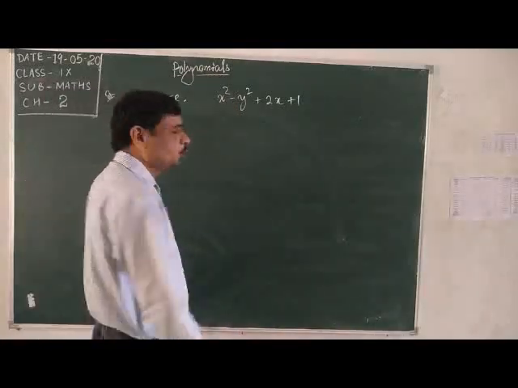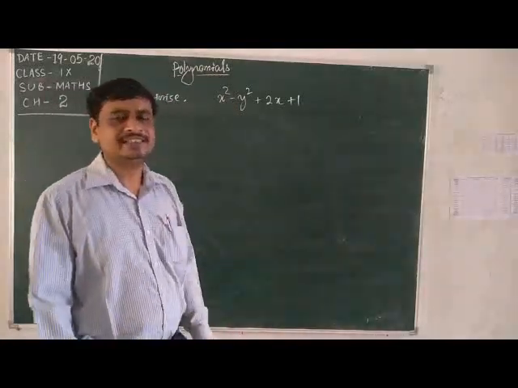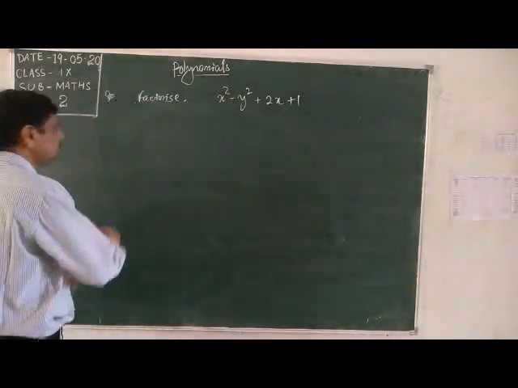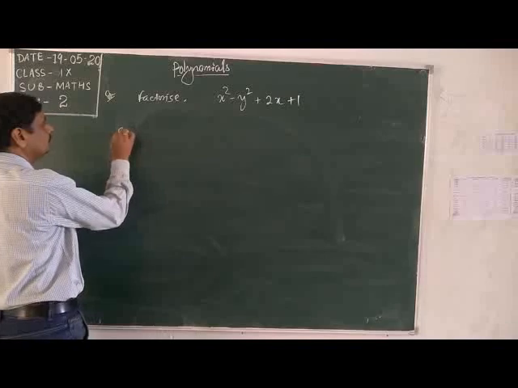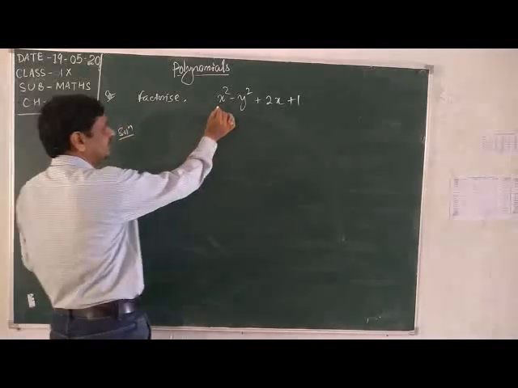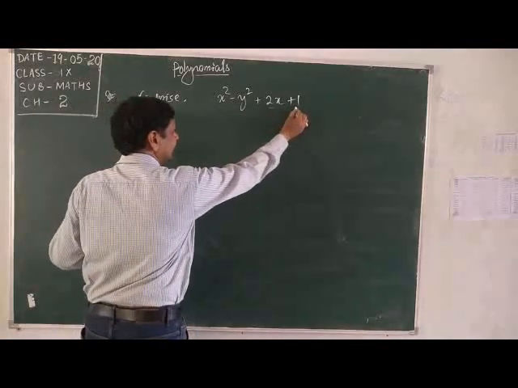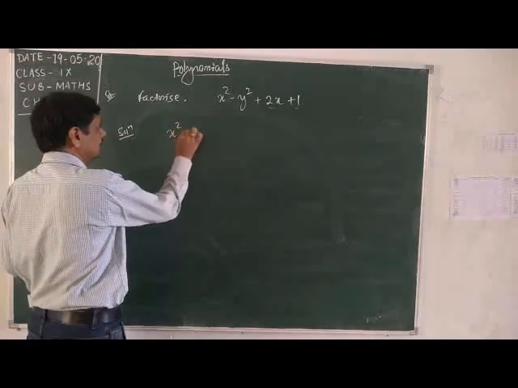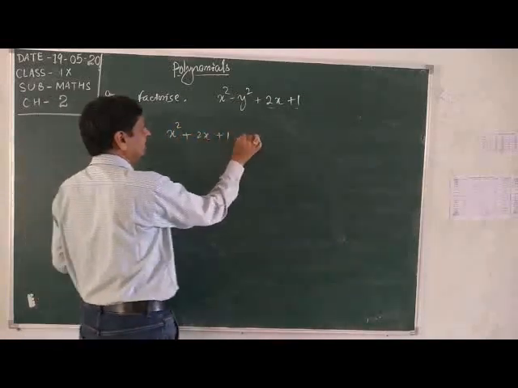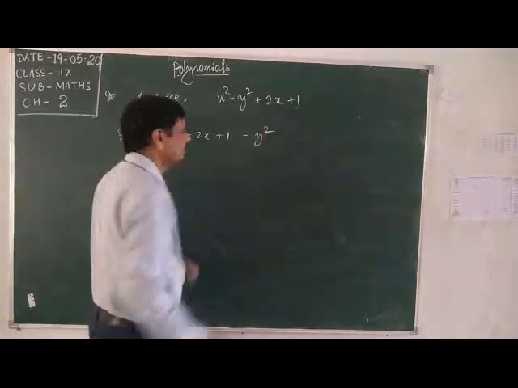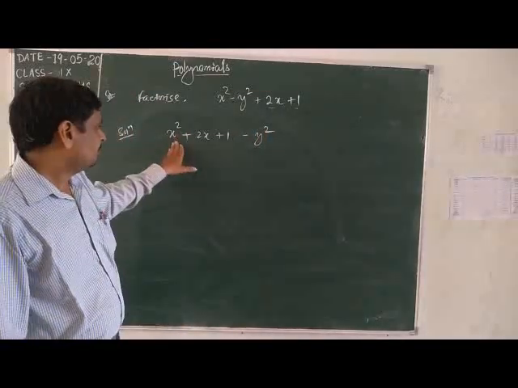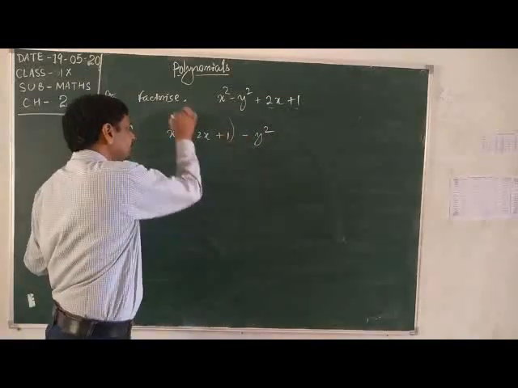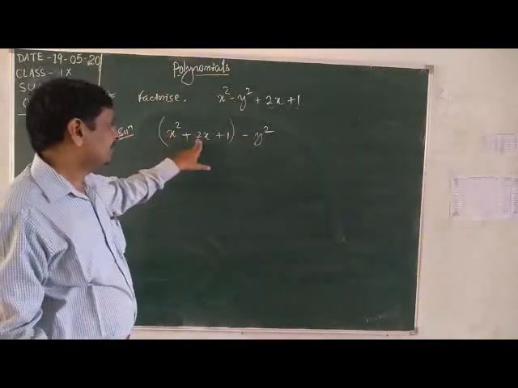First we have to group the terms in such a way that it shows the form of an identity. Here we can take x square, 2x and 1 to make 1 group: x square plus 2x plus 1 minus y square. We have taken these 3 terms to make 1 group because these 3 terms